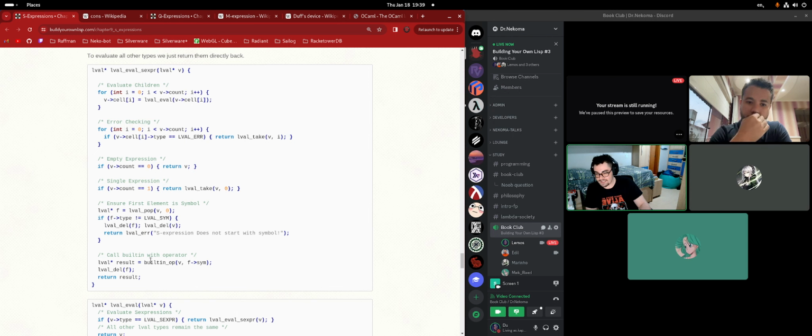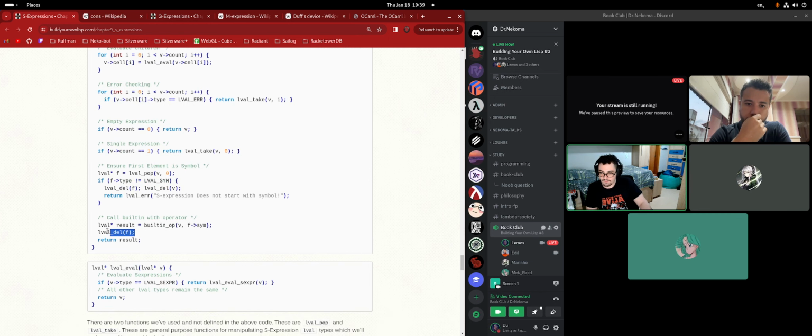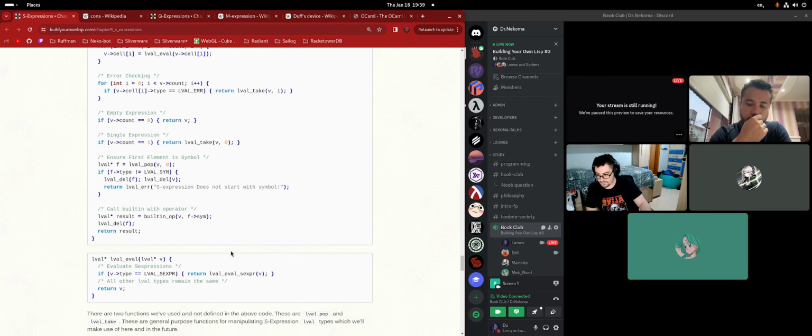And otherwise, that means that we have a symbol. So we're just getting the symbol, and we're just gonna evaluate now the expression now that we know the symbol and we know that everything went fine. Then after that we're gonna free more memory because this is C, and then we're gonna return the result.